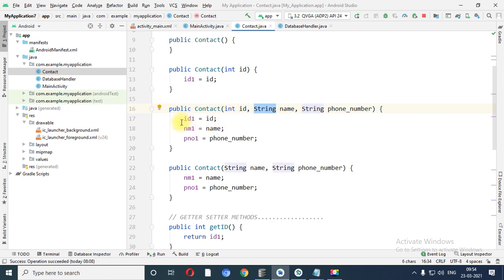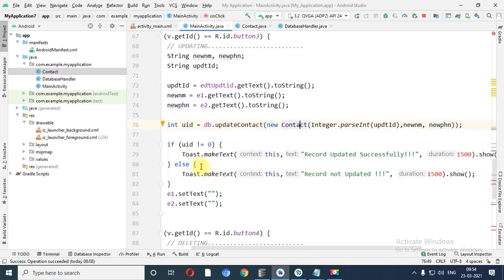Now see what happens. 4 is stored inside ID1, name is stored inside NM1 and phone number will store inside PHNO. Now what happens? It will call update contact from the database handler.